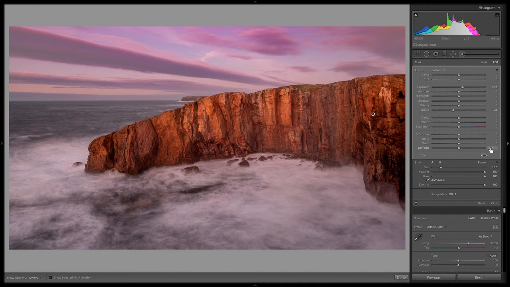Notice when I do that and I add that contrast back, we get even warmer. So to get rid of that warmth, I'm just going to bring down the temperature and also the saturation just a little bit. Or actually, I'm going to leave up the saturation because I don't want to get rid of too much of that green up there. Just continue with the temperature here. And that's starting to look a little bit better to me. Maybe bring back the saturation just a little bit.